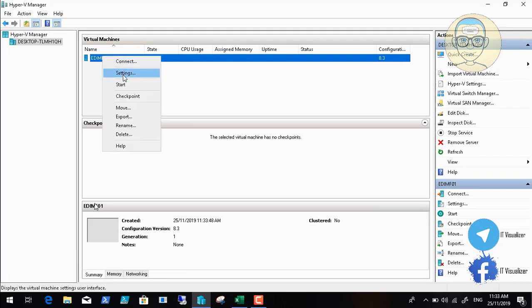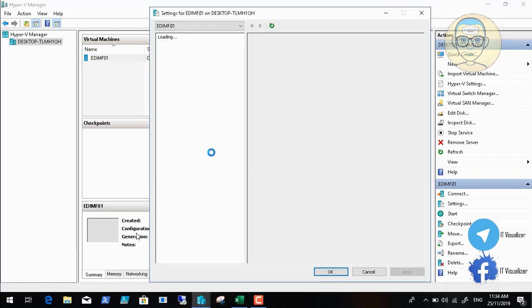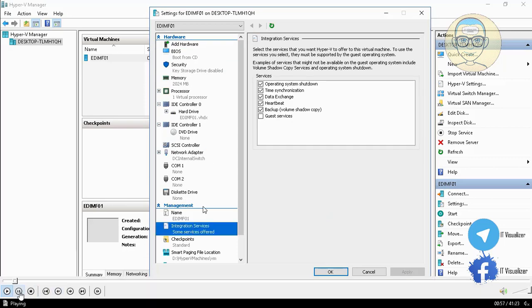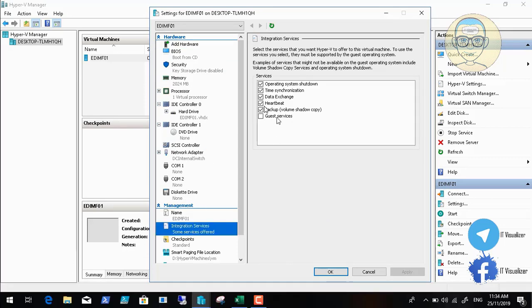now you right click and check the settings of this virtual machine, and we go to integration services and check guest services. This is a very important service we need to check, because it will make the integration between our host and our guest more efficient. Okay, so if I need to share something from my laptop to this virtual machine, the guest service will help me do this. So we need to check the guest services from the integration services. Okay,